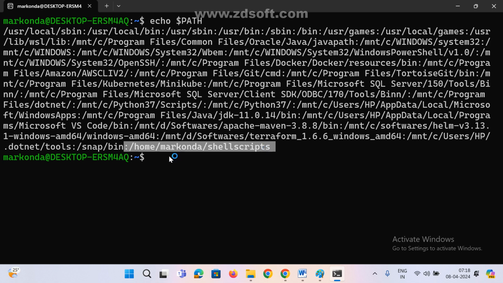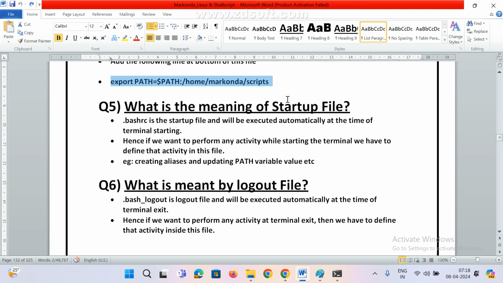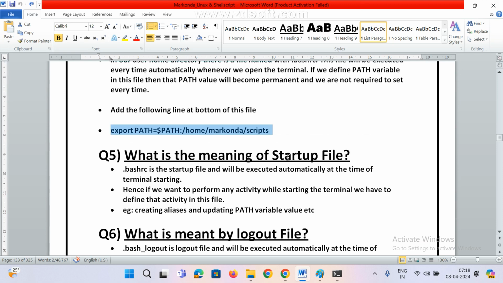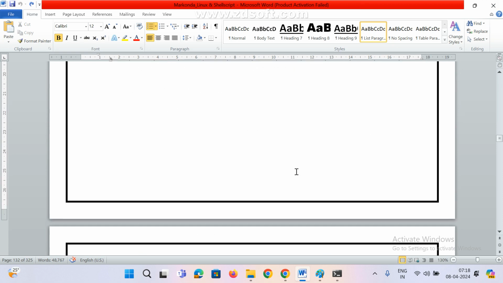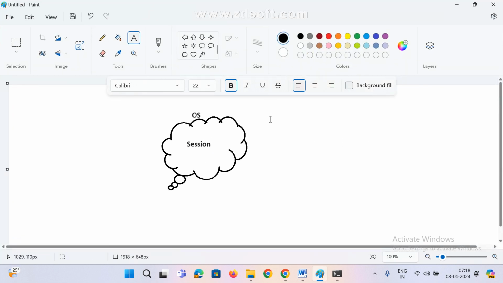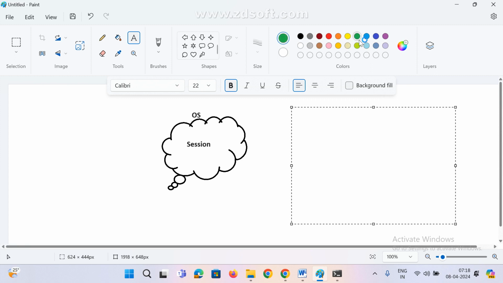What is the file name? .bashrc, .bashrc. Nobody is asking doubts; if you understand, it is simple. Clear, guys? Any doubts? Yes or no? So this is the default file name. If you want to set a path at session level, this is the command: export PATH=$PATH: